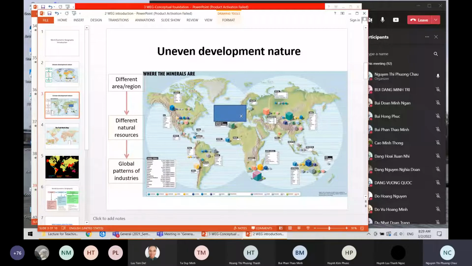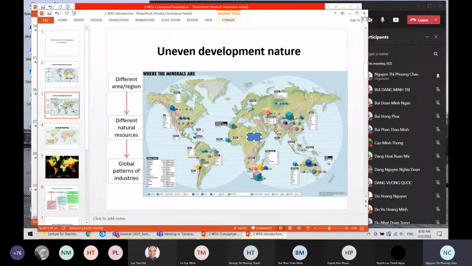Russia has, but not as much as China, right? And you see Australia, yeah, Australia has many mineral resources. And this is South Africa, especially. You see South America, but many other places with very few or small resources. And in the past, the area with more resources had more opportunity to produce products. That is right.